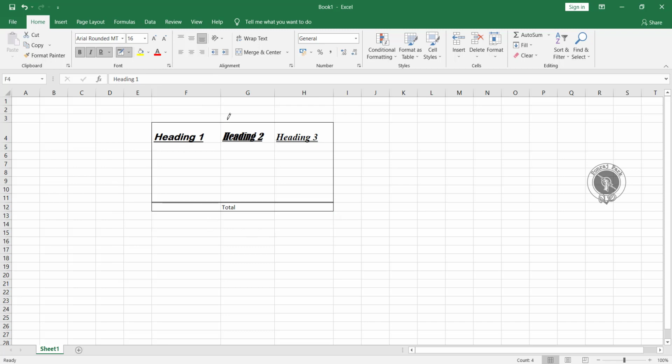So here my mouse tip has changed to editing. Now I want to add a border to this line, just hold here and just drag it down. You can see the border has been applied. So like this you can apply the border, horizontal, vertical, whatever you want, you can simply apply this.